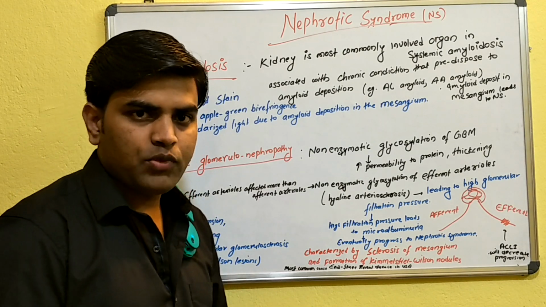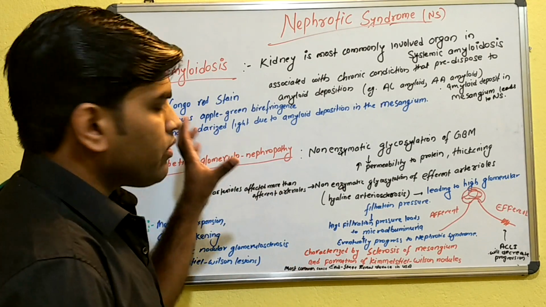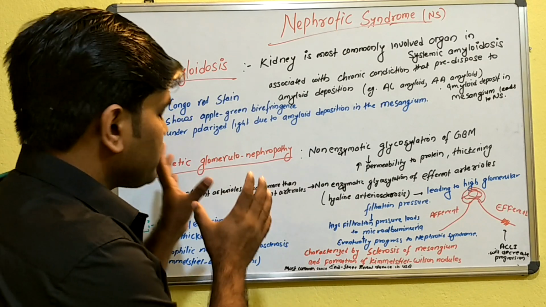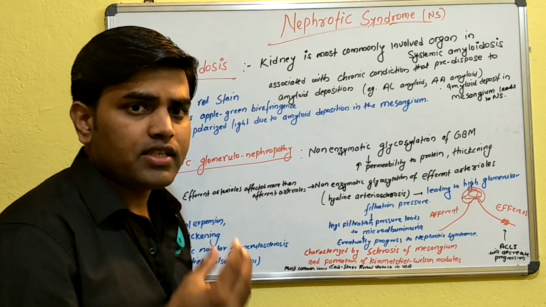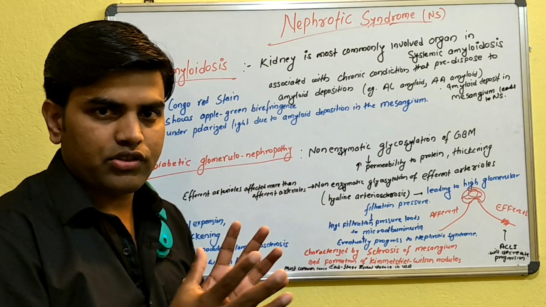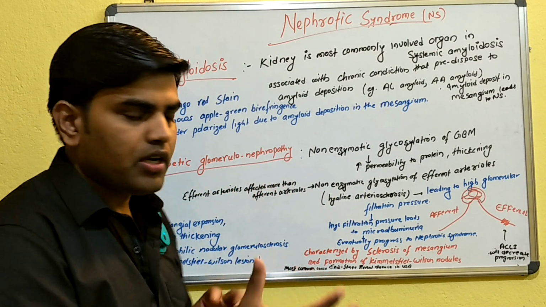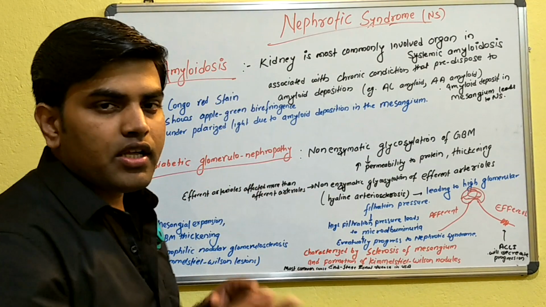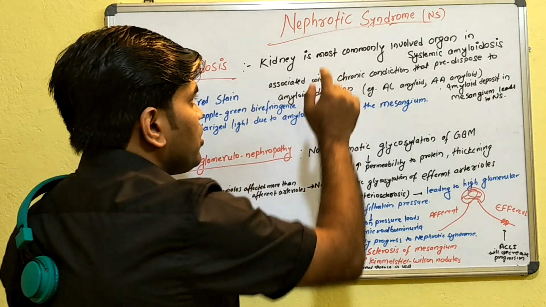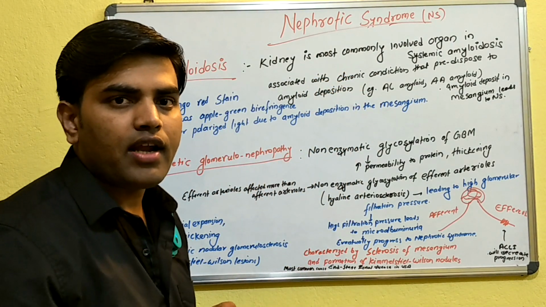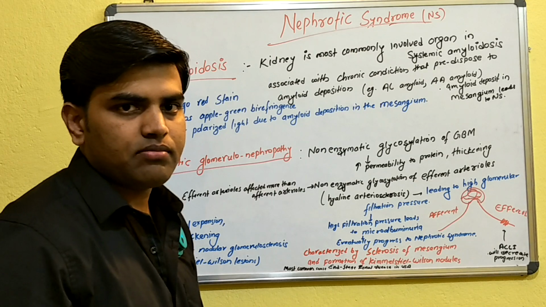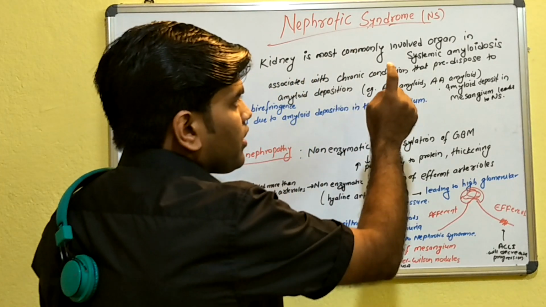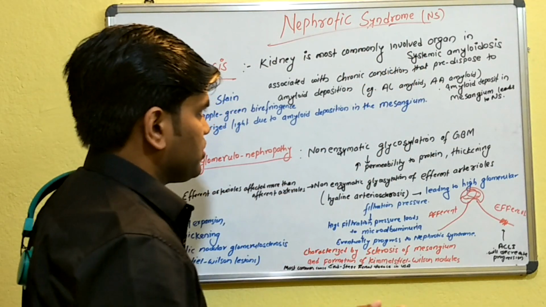glomerular nephropathy. You have learned about amyloidosis in the pathology chapter as well, but here we need to understand that amyloidosis may be localized or systemic. Since we are talking about the systemic presentation of amyloidosis, the kidney is the most commonly involved organ in systemic amyloidosis. So you have to remember, kidney is the most common organ involved in systemic amyloidosis, and there may